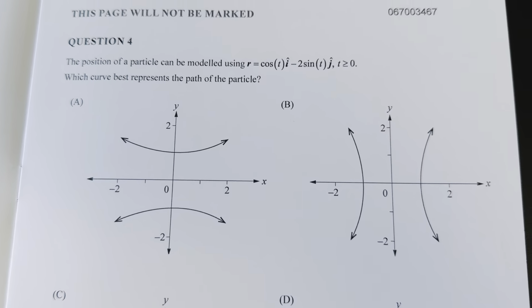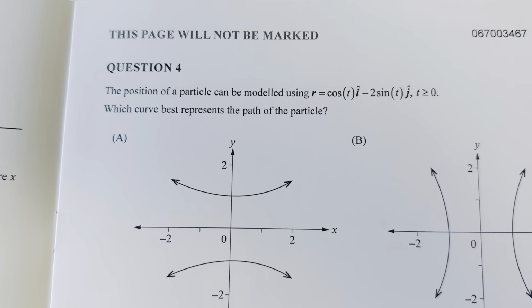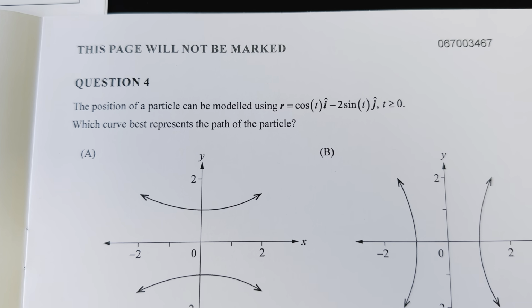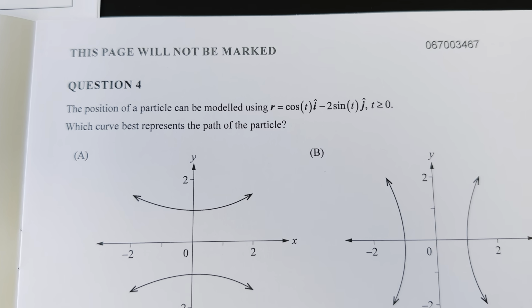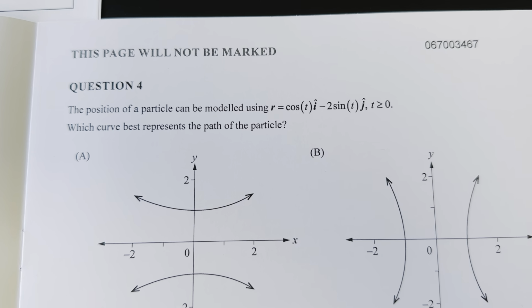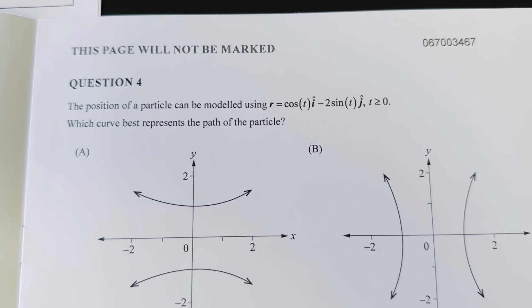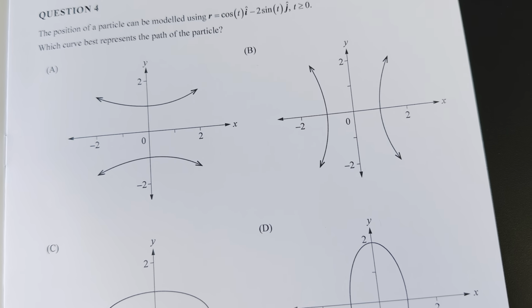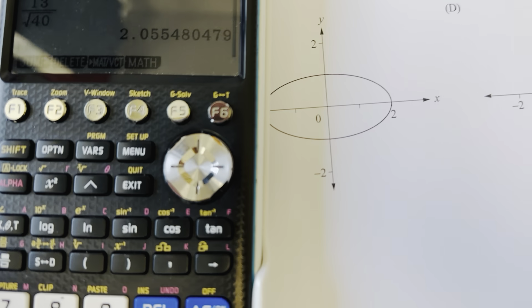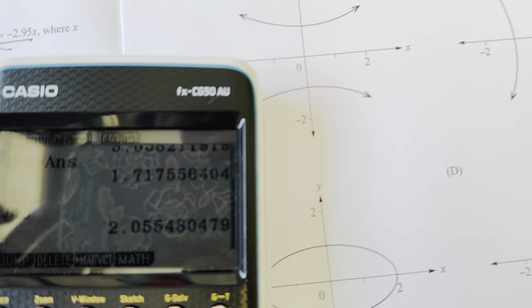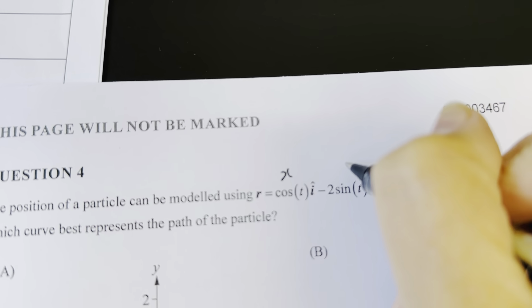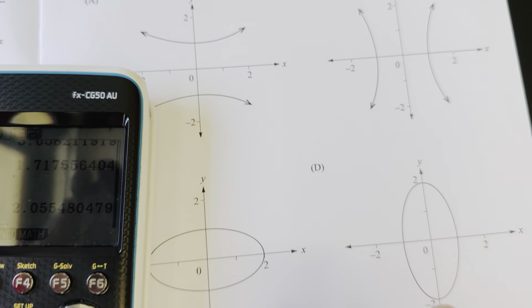Question 4. Question 4 is the position of a particle can be modelled using that position vector of cos t i minus 2 sine t j. Which curve best represents the path of the particle? We are tech active, so I can go and just graph it. Remembering this is my x, this is my y, so I can write it as